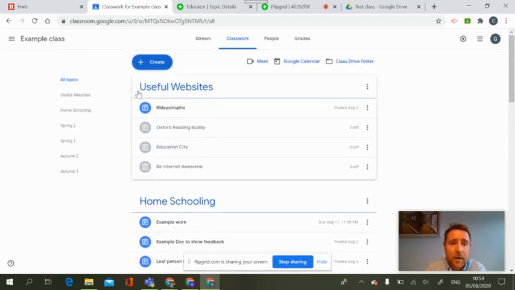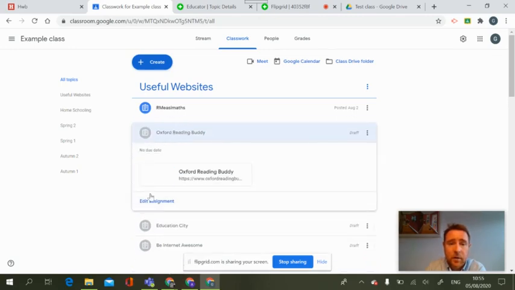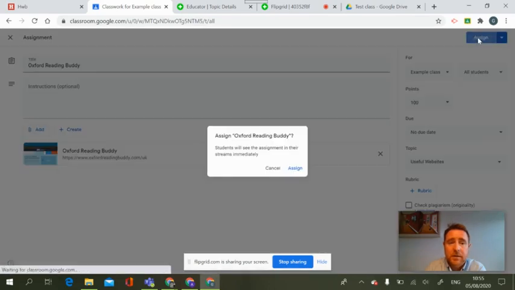And I've also given them useful websites. So they've got links to their RM Maths that they use, the Oxford Reading Buddy, Education City, and Google's Be Internet Awesome. So what I might want to do is open that, and I can assign these straight away to